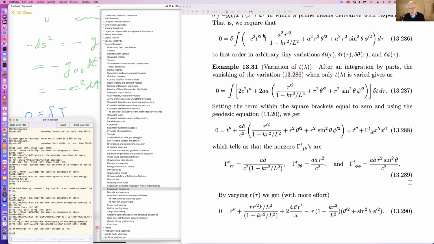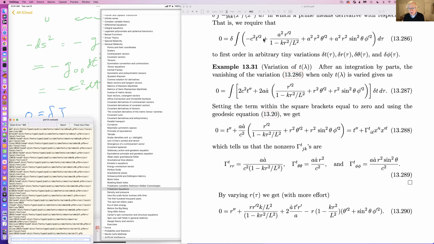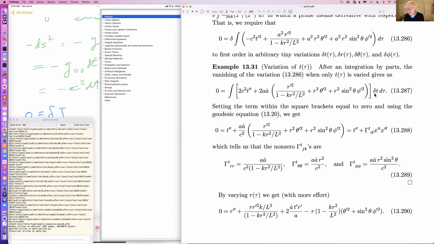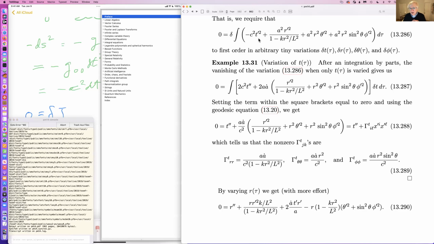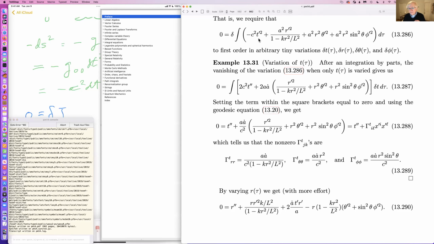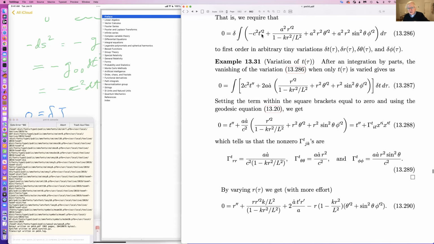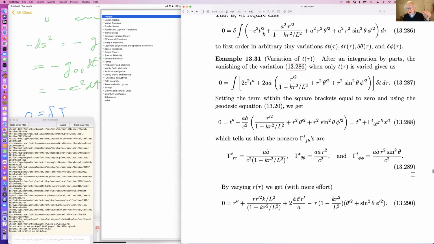And so if you vary it, what happens? Well, what we're varying is t of tau. And so you have a factor of 2, a t prime, and then a t double prime with respect to tau, and then the change in the time. You see, you have two tau derivatives here, and so when you have that variation of t,